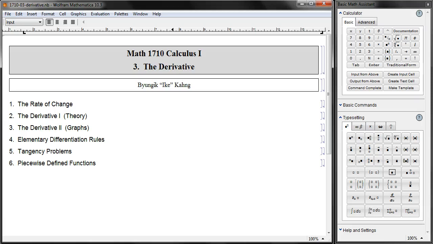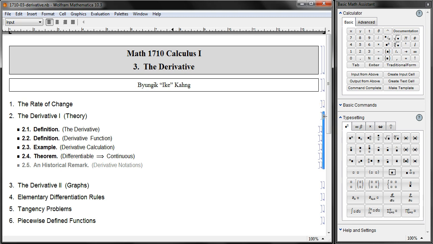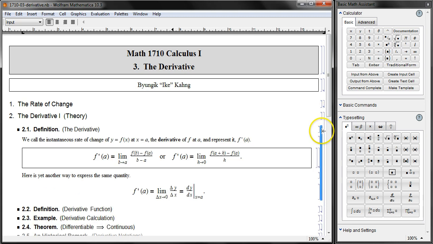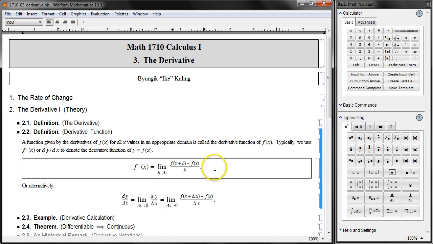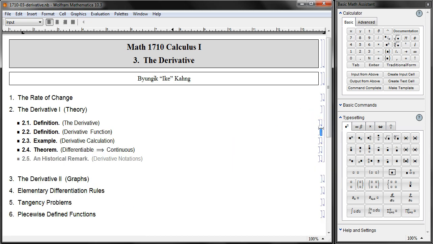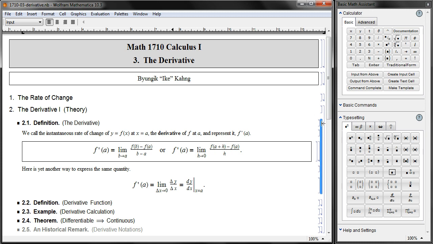Hello students, welcome back. In the first video, we went up to the definition of the derivative. And in the second video, we talked about the derivative function and some further behavior. For the time being, we don't have to worry about the derivative function, and let's do some problems regarding the